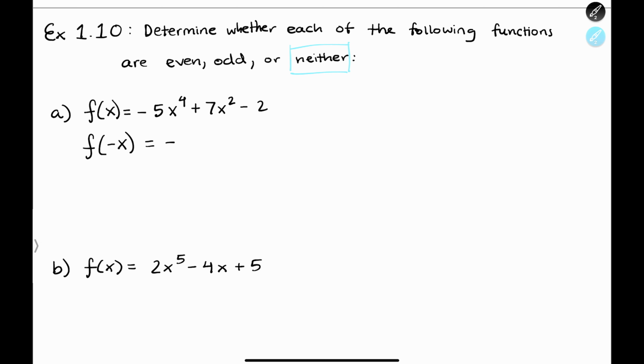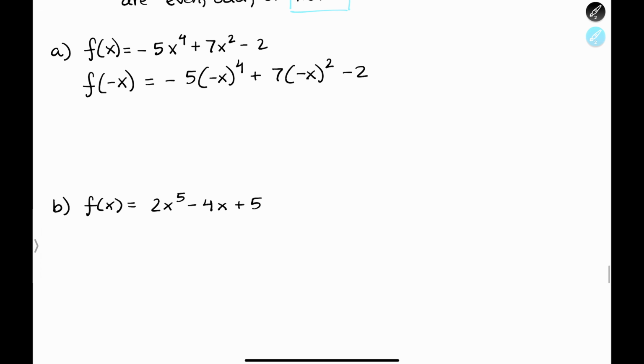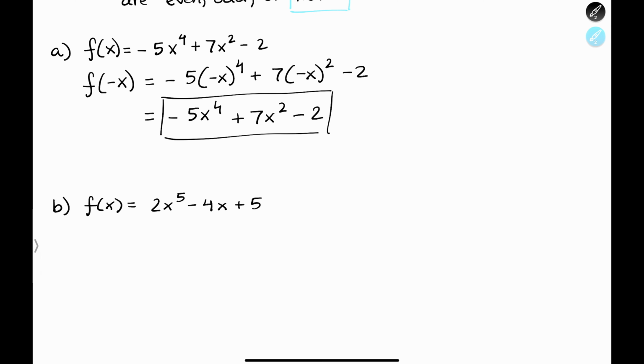and we would get negative 5 times negative x to the power of 4 plus 7 times negative x squared minus 2. And if we were to simplify that, we would get negative 5x to the 4th plus 7x squared minus 2. And this is the exact same thing as our original function. So this means that this is an even function,